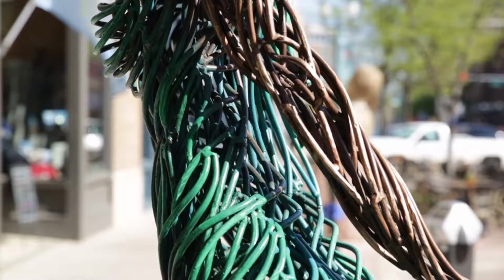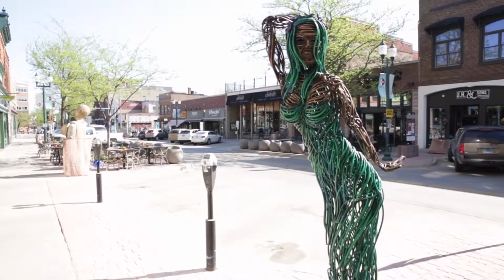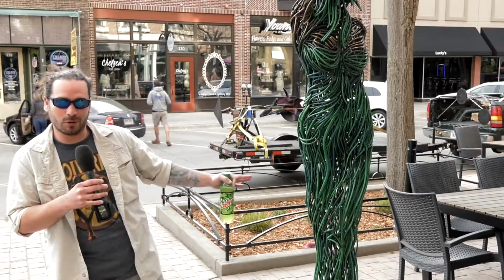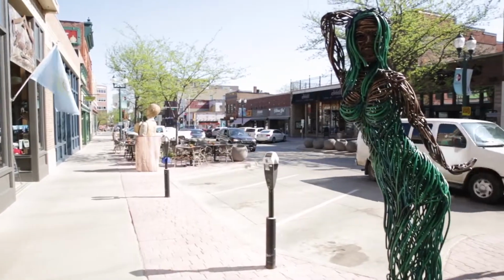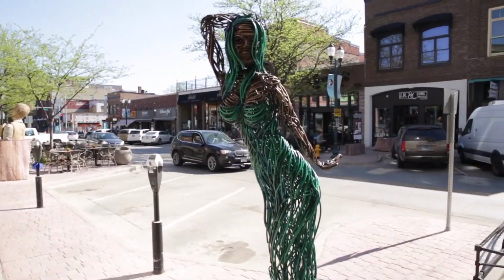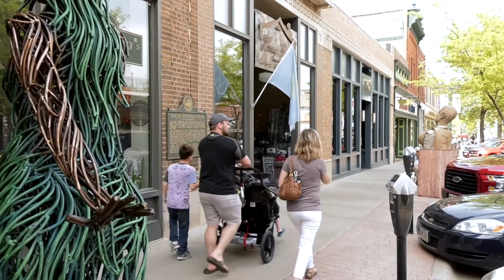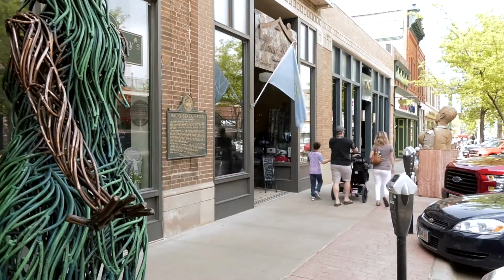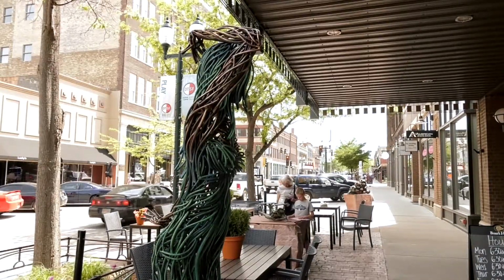Daphne was trying to avoid being kidnapped by Apollo, so at some point her father turned her into a laurel tree. So she's right at the very beginning of her transformation, going from figure to laurel tree. And on top of her head you'll see purple flowers, which are the flowers of the laurel tree. This piece kind of implies movement, knowing that it's supposed to be representing Daphne transforming into a laurel tree. It's the color that is actually implying the movement and the action in the piece, as opposed to the figure